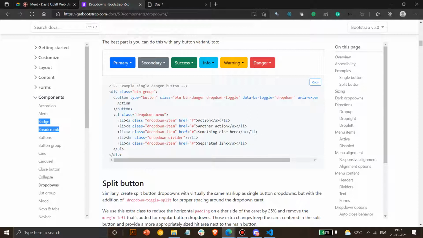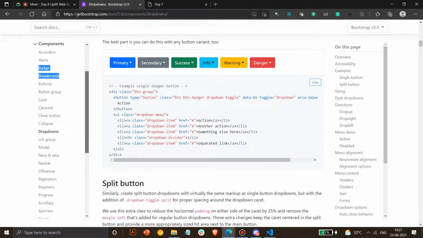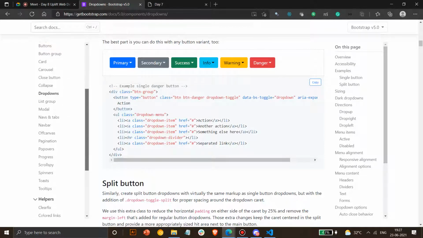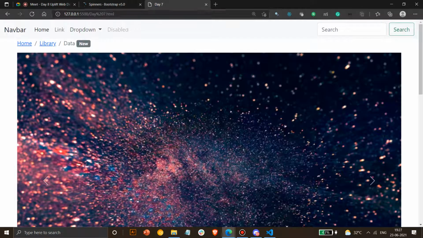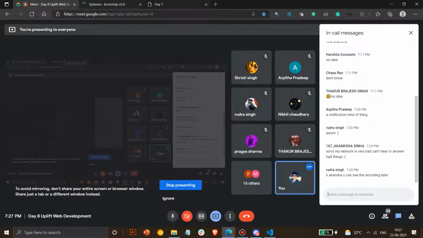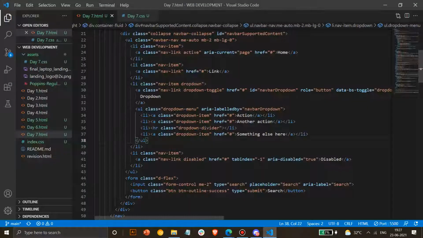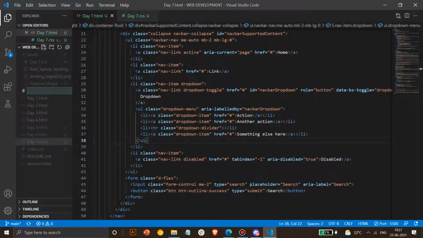Then we have carousels. We have used carousels. We have used navbar. Okay, spinners. Okay, what are spinners basically? Can anyone explain? What are they called other than their original name, spinners? What are spinners?